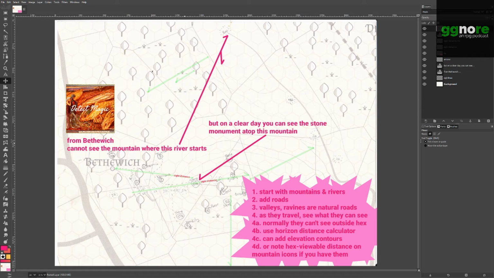And as you will see if you read my earlier stuff, I don't remember if it's on the Gigi No Re feed or if it's just on Detect Magic, which is my personal blog, detectmagic.wordpress.com. There's a post called Hex Crawls Are Canceled, and it explains, a little controversially, why I don't like hex crawls and why I think that the traditional method of doing them is bad, wrong, fun.